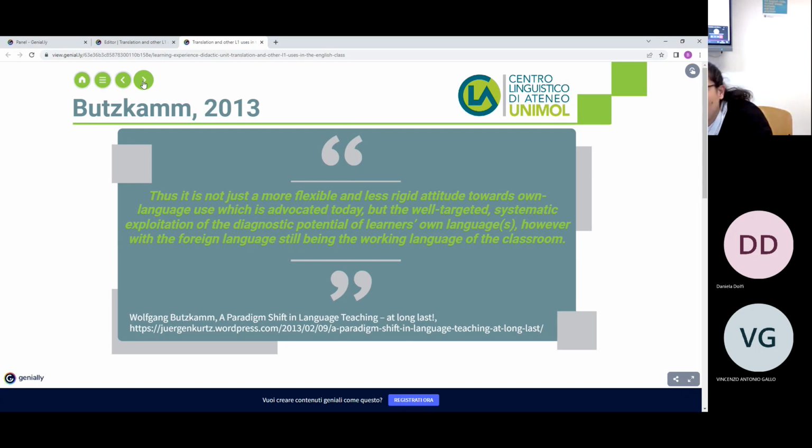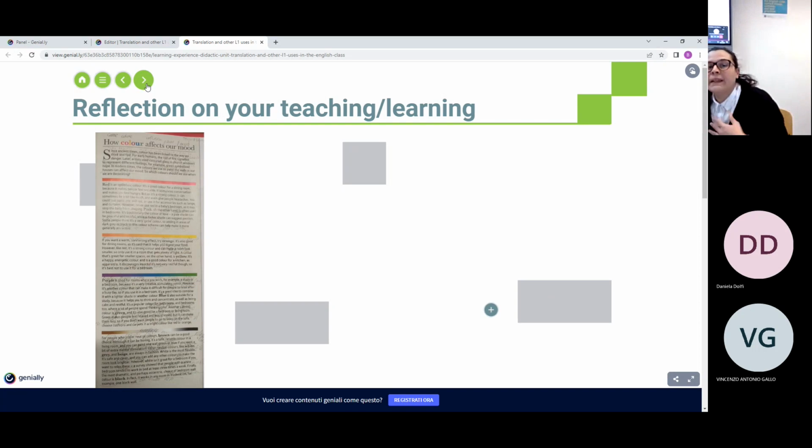Yeah, so the working language of the classroom is the foreign language. Okay, so this is clarification, and this is really important. But now, I wanted you to reflect on the way you learn, or you have learned, or you learned in the past, and the way you teach, or you have taught, or you taught in the past, and now you've changed. So I'd like you to look at this photograph, which is taken from a little reading passage